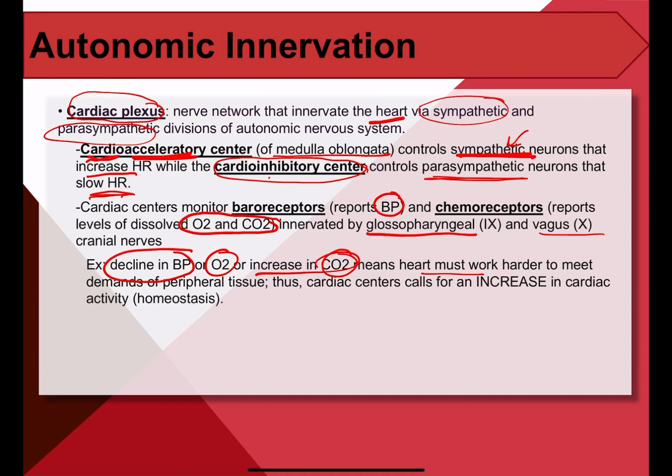But the cardiac centers will now call for an increase in cardiac activity to try to bring it back to homeostasis as best as it can. If it's a severe bleeding case and you continue to bleed, there's no way you're going to bring blood pressure back to normal unless you get help immediately at the hospital. But your body is naturally going to try to